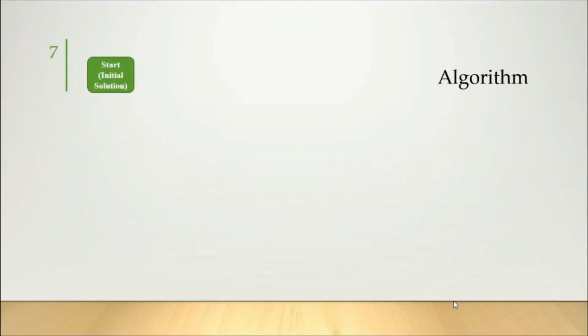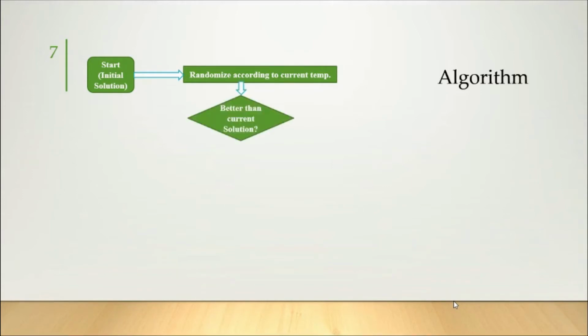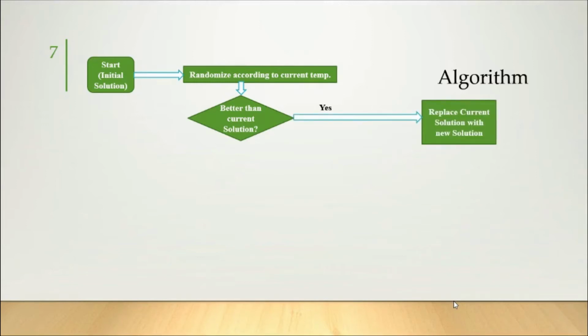The simulated annealing algorithm is: we start with an initial solution. Then we randomize according to the current temperature. That is, we create a new solution, a randomized solution generated from the existing initial solution. Then we check whether the new solution is better than the current solution. If yes, we replace the current solution with the new solution. If no,